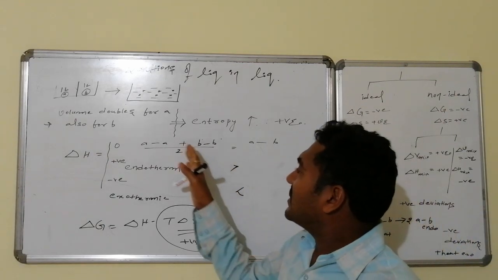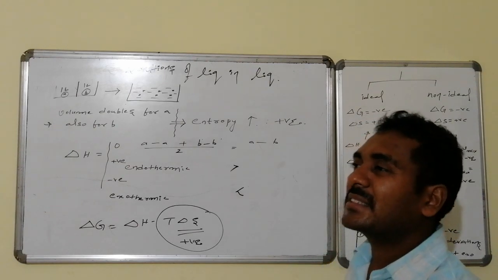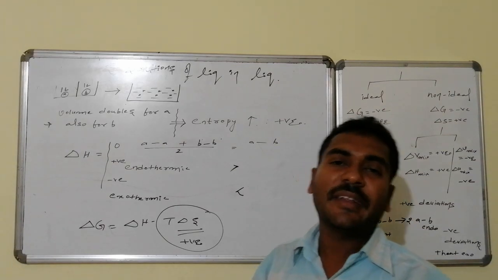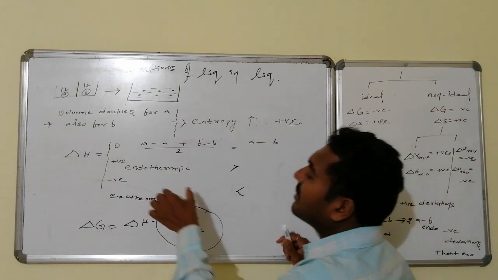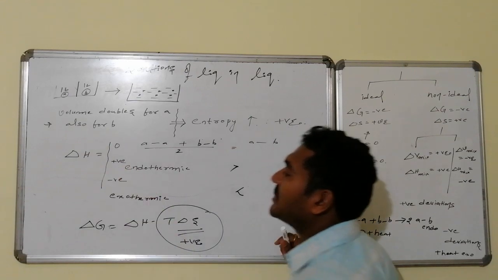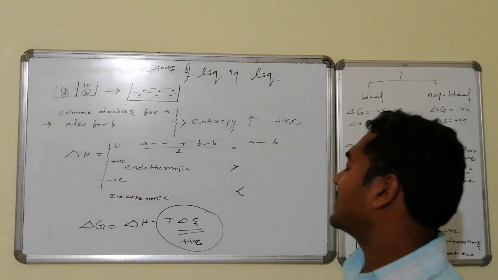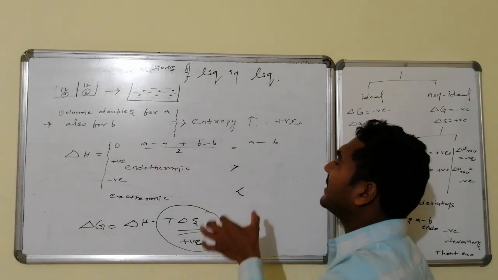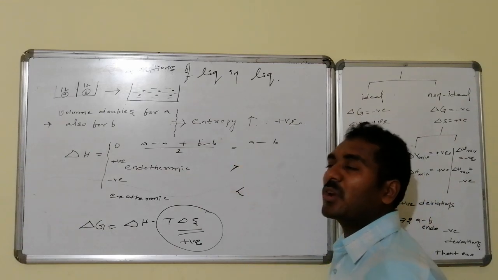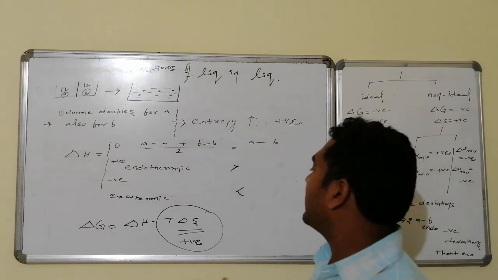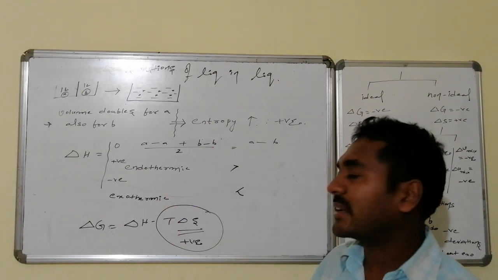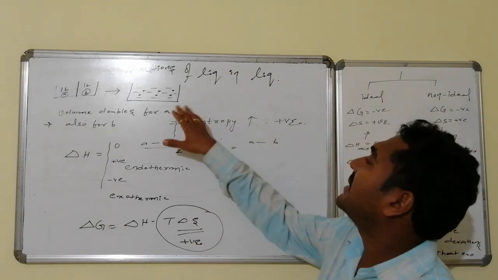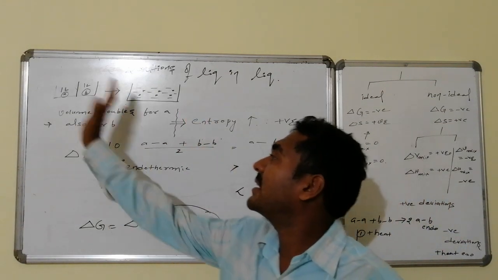Suppose this particular breaking requires more energy, that is, this energy is greater compared to the AB energy. Then to break this it requires energy. That required amount of energy is supplied in the form of delta H being positive. That is what? An endothermic reaction. Similarly, suppose for breaking of these it requires less energy, whereas in this formation more energy is liberated. Liberated implies what? Given out, that is said to be what? Exothermic reaction.